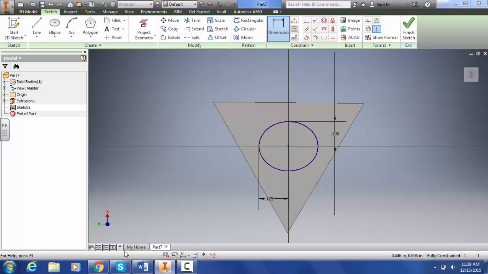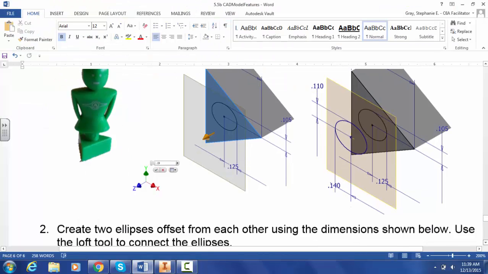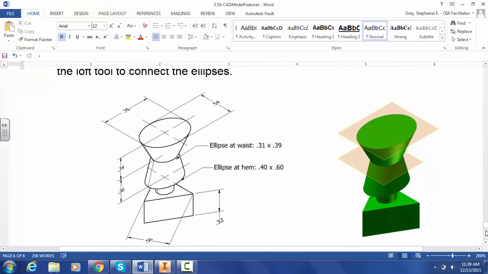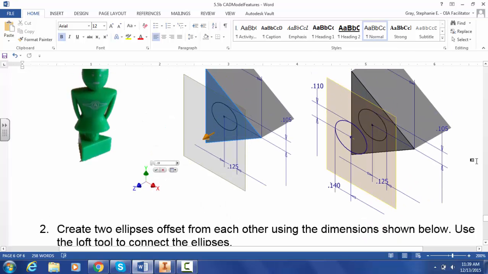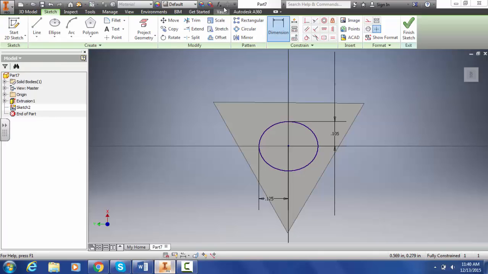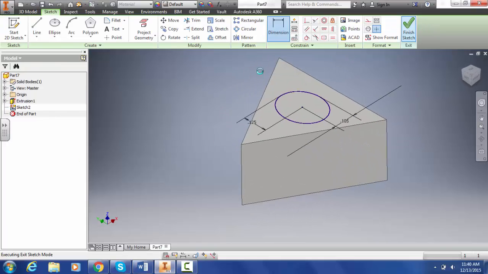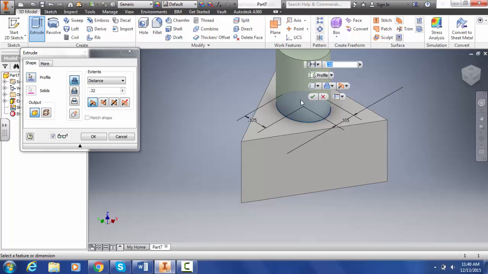Now we can extrude that one. Doesn't give us an extrusion height there. Oh yeah, maybe it's right here, 0.19 is what we want to extrude that one. So 0.19, so I'll finish my sketch and I'll extrude. That one's going to be 0.19